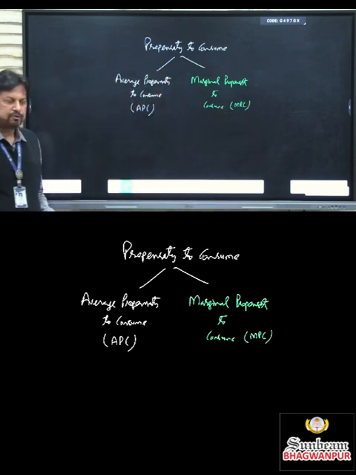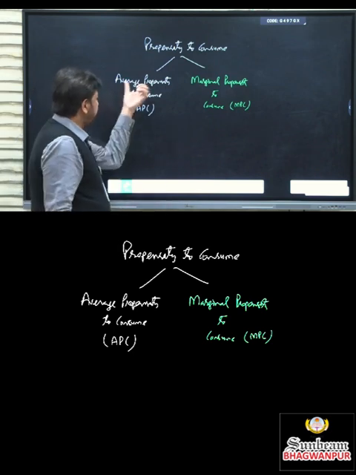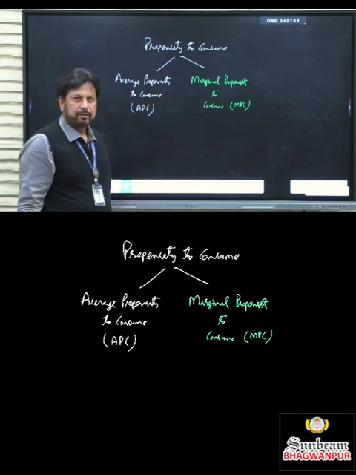So propensity to consume is basically of two types: average propensity to consume and marginal propensity to